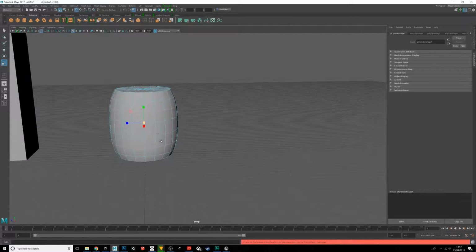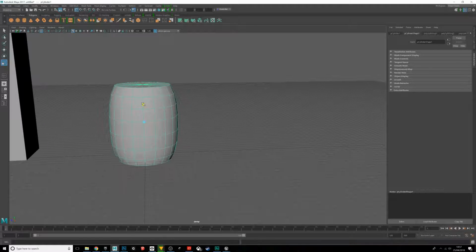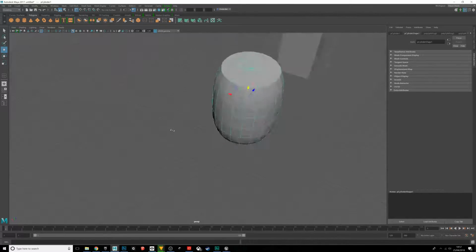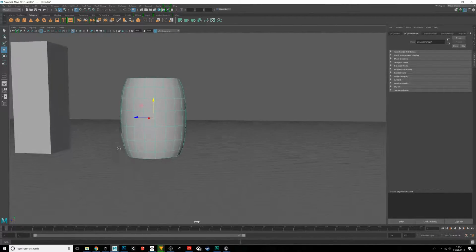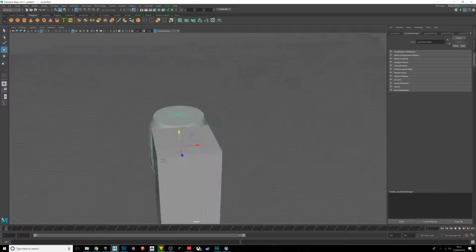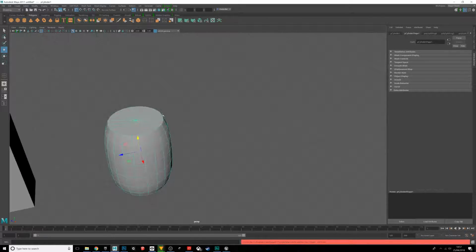There we go, a bit more of a barrel-y sort of shape. Looking a bit more barrel-esque, wouldn't you say? And then